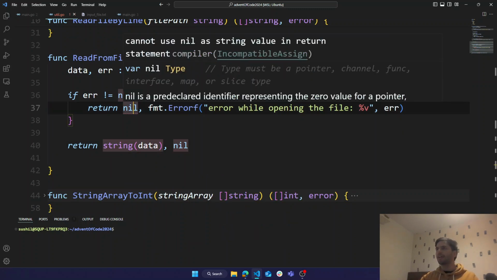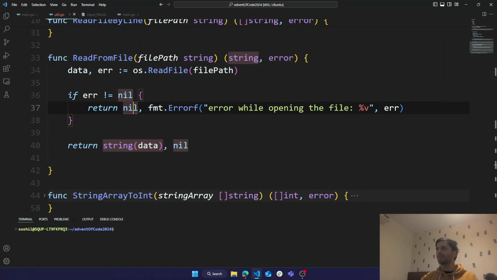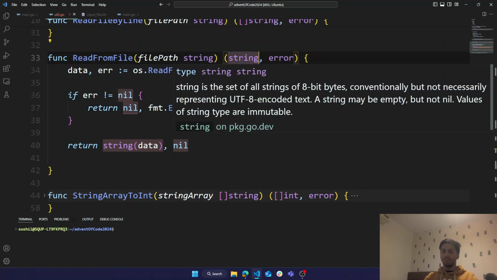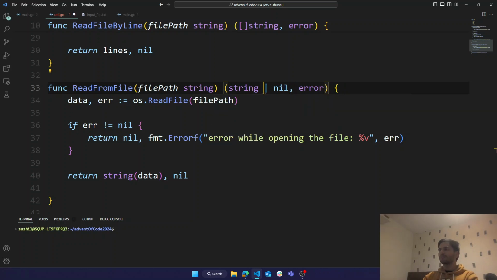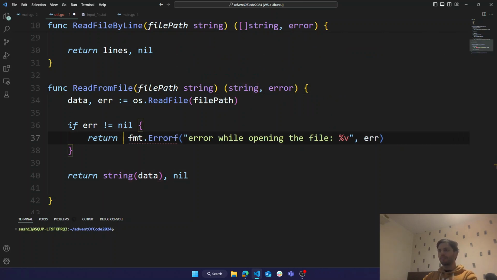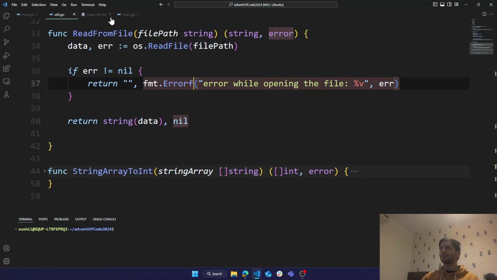Does it use new as string added in return? I don't know. Okay. Return an empty string. Good job. Hopefully that works.